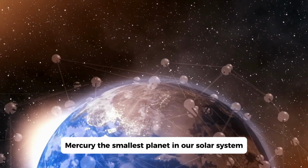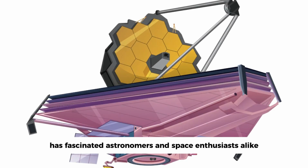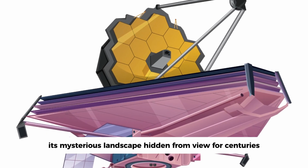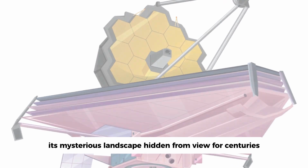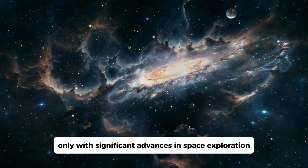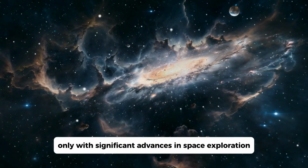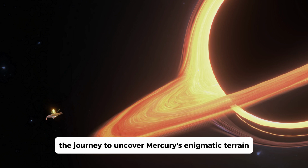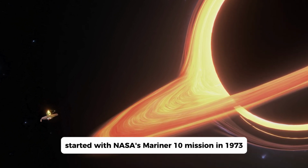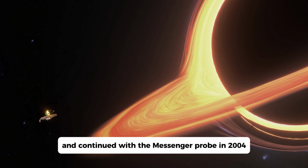Mercury, the smallest planet in our solar system, has fascinated astronomers and space enthusiasts alike. Its mysterious landscape, hidden from view for centuries, began to reveal its secrets only with significant advances in space exploration. The journey to uncover Mercury's enigmatic terrain started with NASA's Mariner 10 mission in 1973 and continued with the Messenger